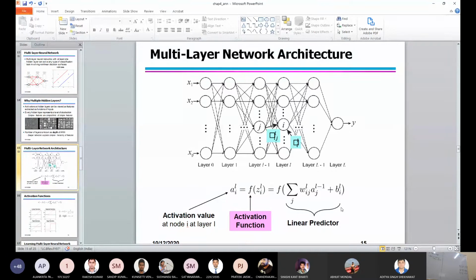If you see carefully here, you can see the node i. This is the node i, and how do you write the output of node i? Here L is the level L, and i is the node i. Therefore A_i^L equals, now what will be A_i^L? A_i^L is nothing but a function of, this is the activation function f, and then we write Z_i^L. Z_i^L is nothing but this entire expression, that is W_ij^L A_j^(L-1) plus B^L. Now I have to use the board.